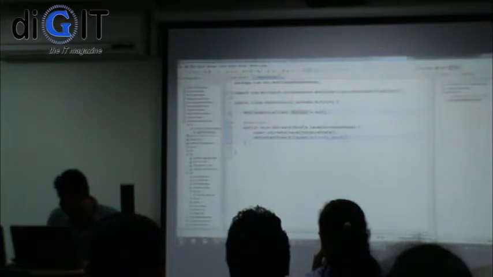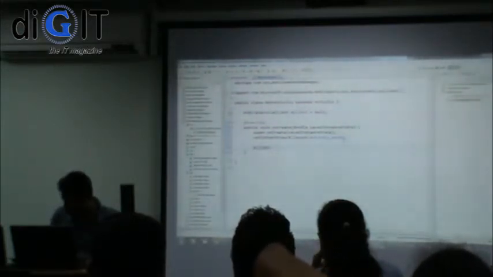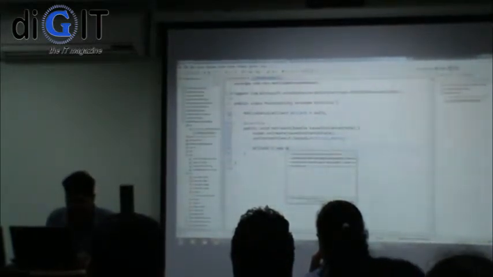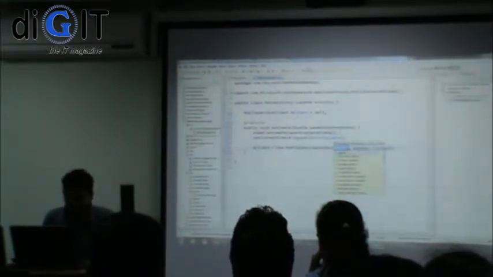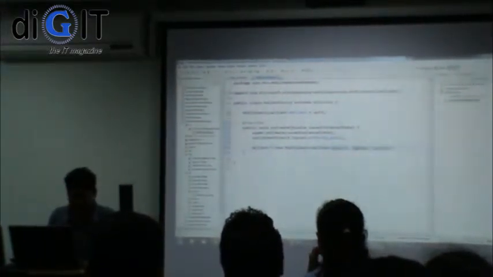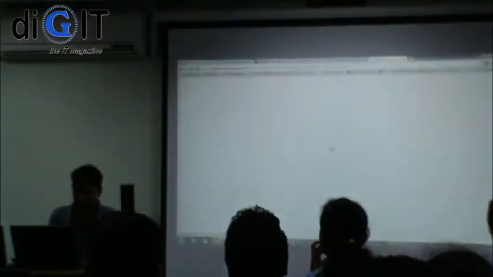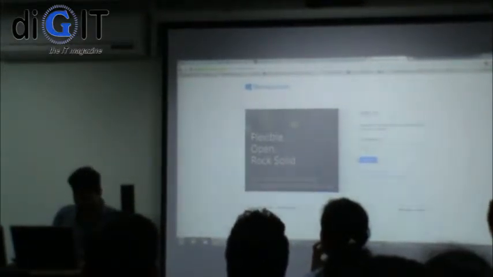How you're going to do that is, client equals new mobile service client, which takes in a few variables. One is the app URL, the other one is the app key or string, and the context. You know the context. The app URL, we just saw it, it's in your portal.